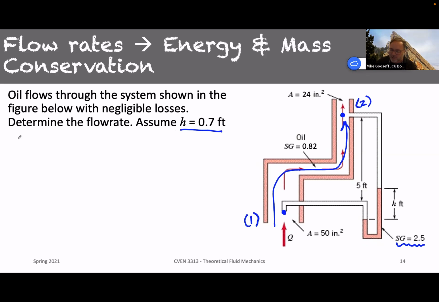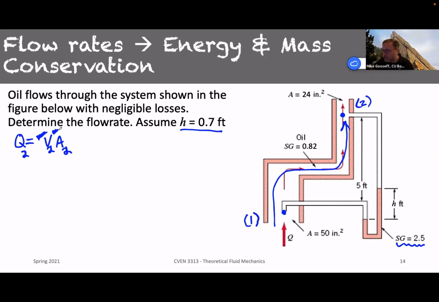Determine the flow rate. So we're going to use Q is equal to V times A. So, of course, we could do that at 1. Q1 is equal to A1 V1, with the exception, of course, that this is going to be the prime. We're going to make our V1 equal to 0. So let's go ahead and just convert these all to 2 instead and focus on figuring out the velocity at 2. We'll get rid of that prime now. And somehow we will figure out how to use the Bernoulli equation to solve for the velocity at 2